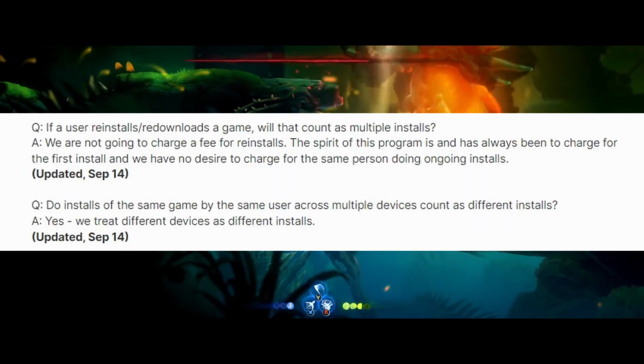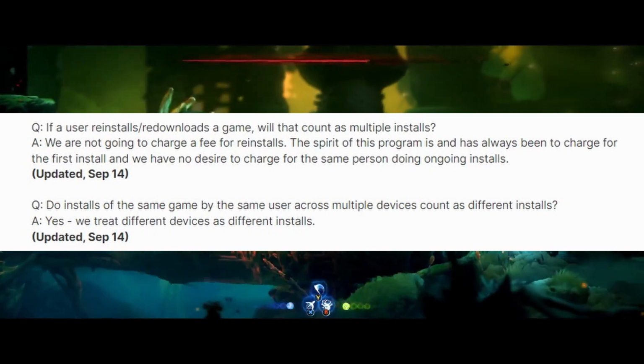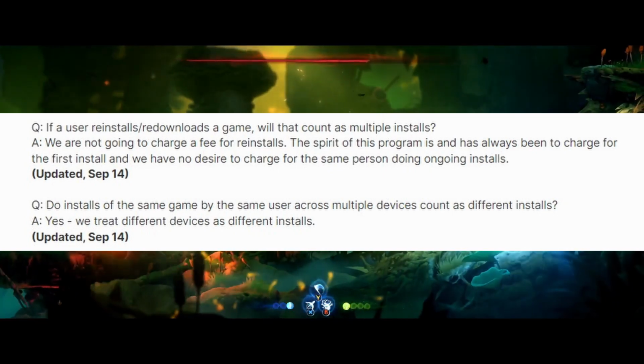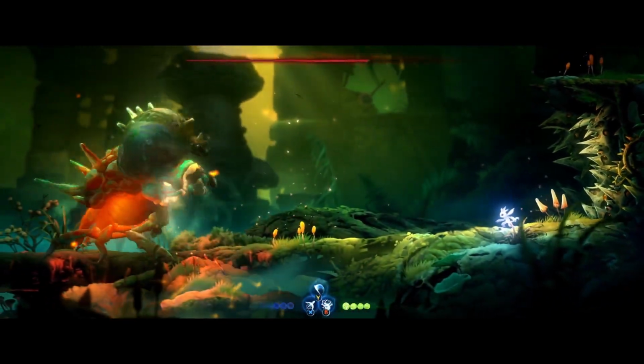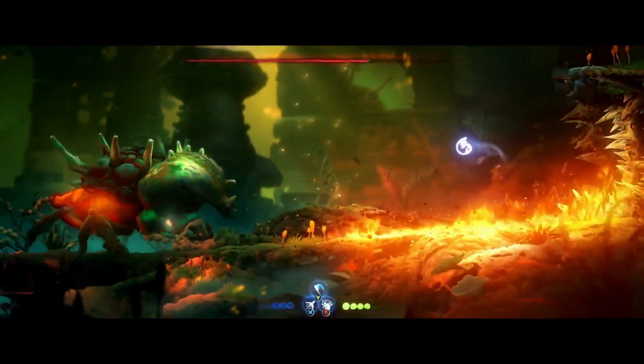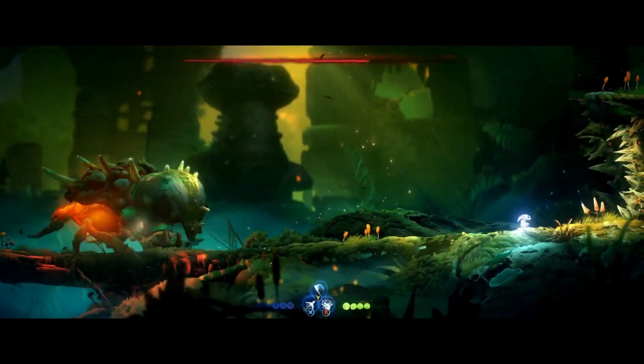The biggest thing that I have a question on is the fourth question in their forum post: do installs of the same game by the same user across multiple devices count as different installs? The way that I interpret that is if you buy it on Steam and you have a Steam Deck, and you install it on your PC and on your Steam Deck, those count as different devices and